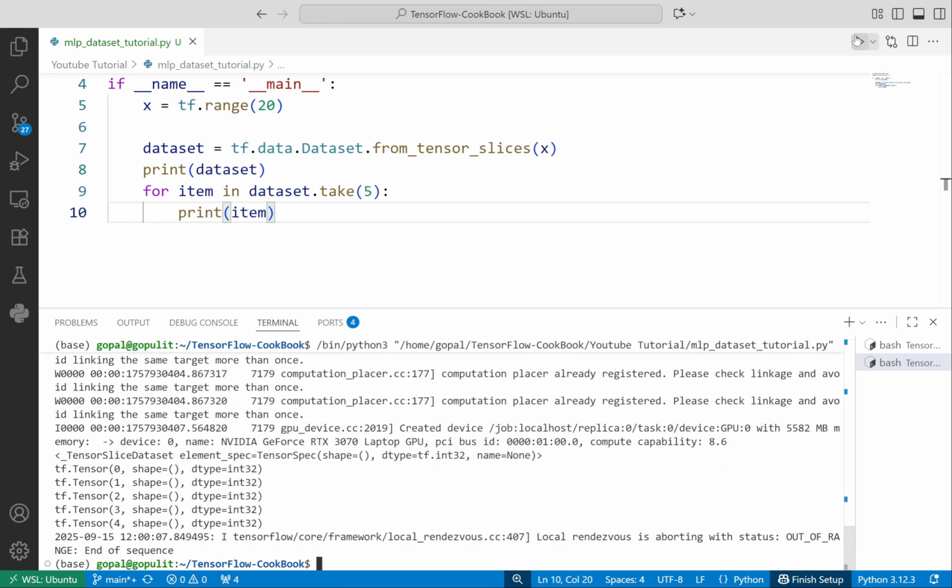Now there are also various different functions that we can apply on the dataset.